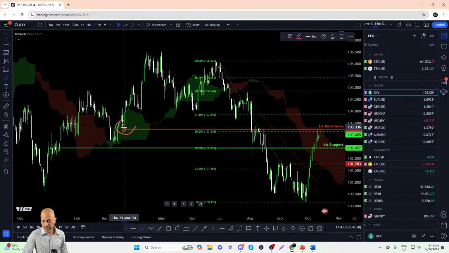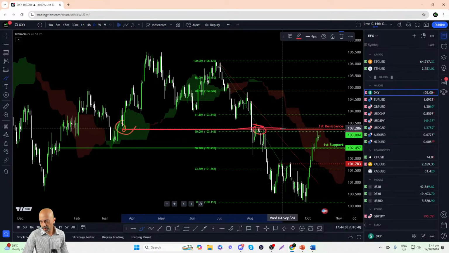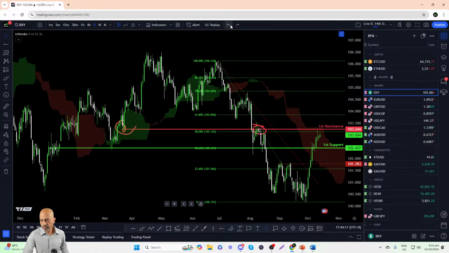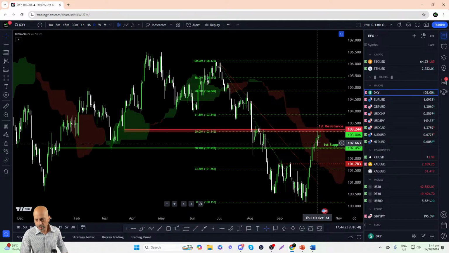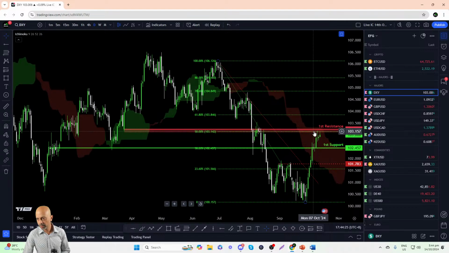So this was a pretty decent support level back at the end of March, after which it ran into resistance in the second week of August, creating a nice overlap level here that also has the presence of a 50% Fibonacci retracement. So we can identify the first resistance at around 103.14. It's also a level where we can see the dollar index stalling last Thursday, 10th of October. You can see on 10th of October, it rose as high as about 103.20 before pulling back quite strongly on Friday,